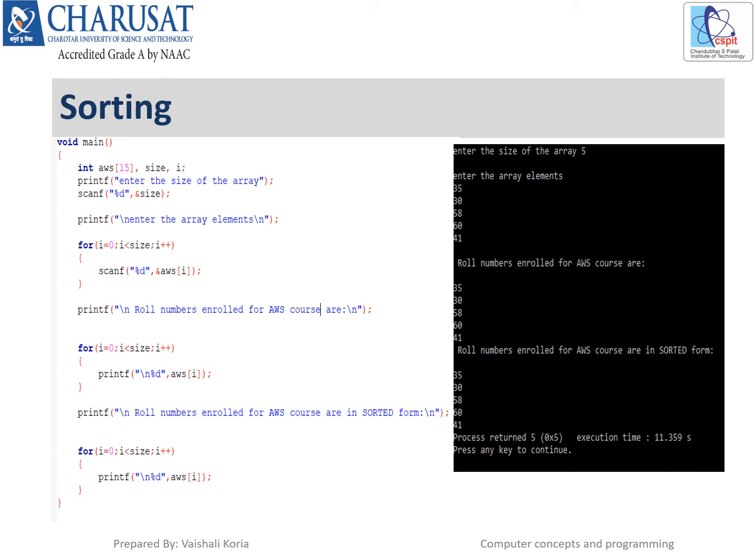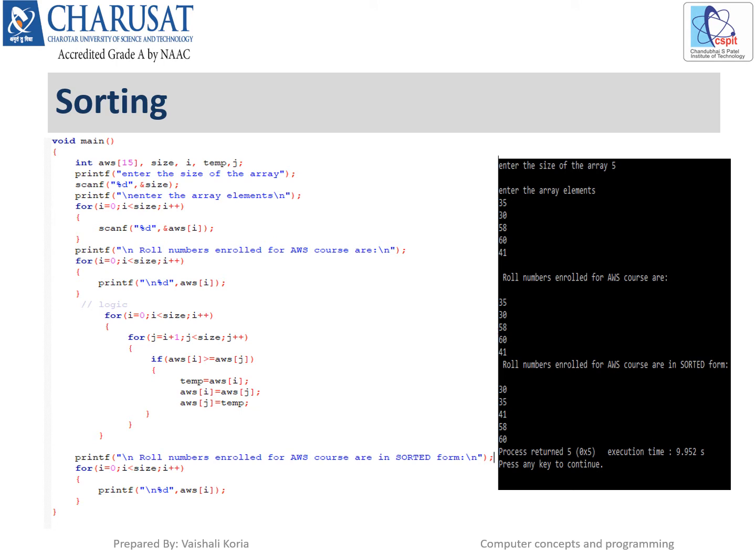So this is the for loop for printing the array elements before sorting, and this is the for loop for printing the array elements after sorting. In between these, we have to write the logic of the sorting, so that after that logic's execution, when we use this for loop to print the array elements, they will be in sorted form. So we'll see what logic we can write here.